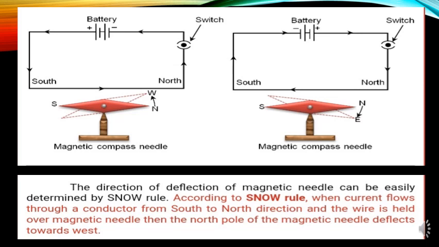So in this experiment, he took a thick insulated copper wire and fixed it in such a way that a portion of the wire is in the north-south direction, as shown in the figure. A plotting compass is placed under the wire. The two ends of the wire are connected to a battery through a switch. When no current is flowing in the wire, the compass needle is parallel to the wire. You can see that in the diagram.